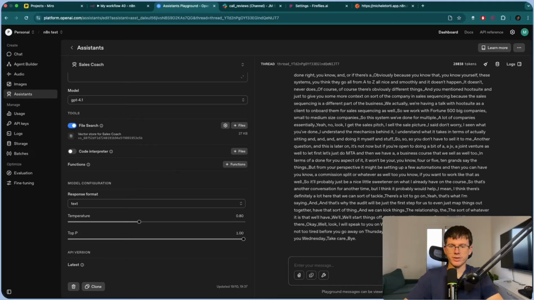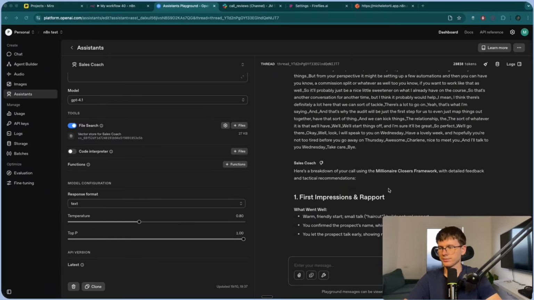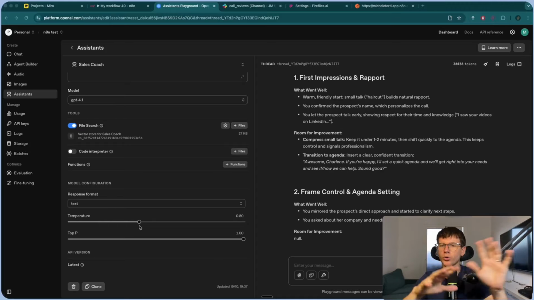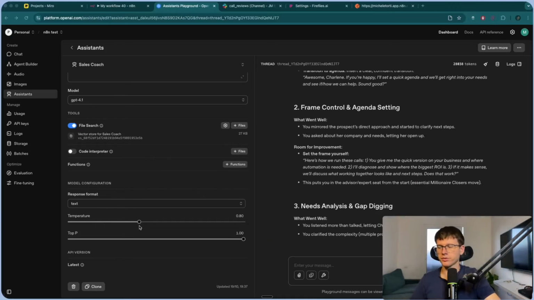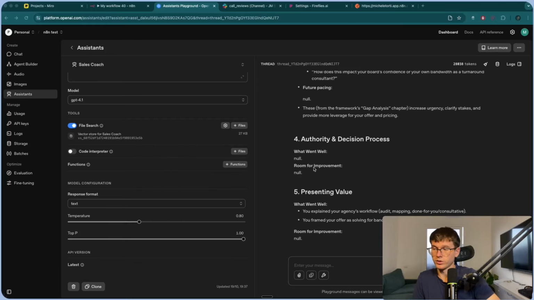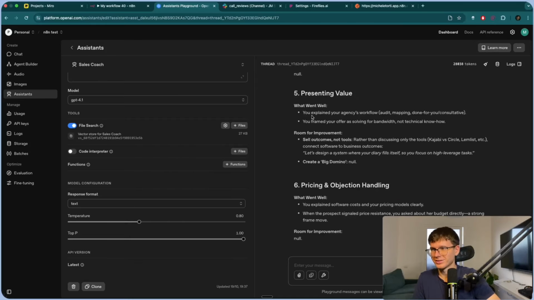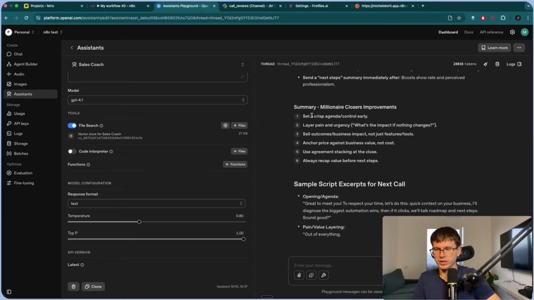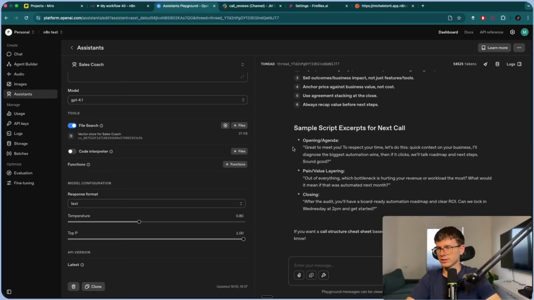And this is all about testing, right? So theoretically, you want to have the actual answer in your head. You just have to test. So by putting it lower, I'm saying, hey, don't be so creative, right? Just follow the framework, follow the prompt that we give it. And it's actually better. Well, I don't know if it's better, but it's giving us a better answer, to be honest. We'll just put it to the test in the automation. We'll see how it does. Cool. I like this one right here. Sample script excerpts from the next call.